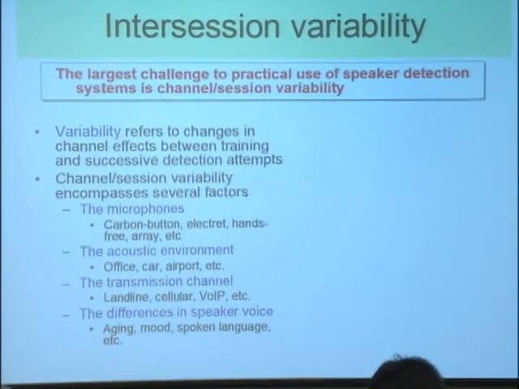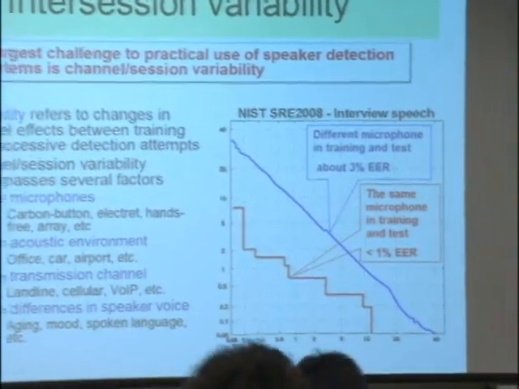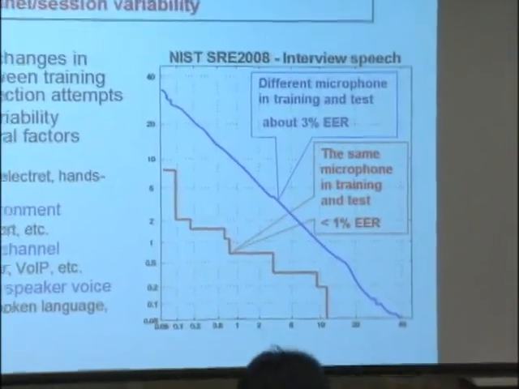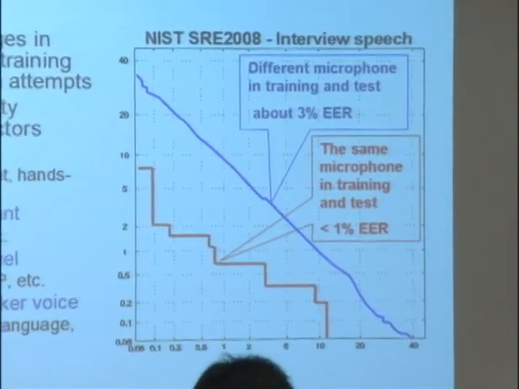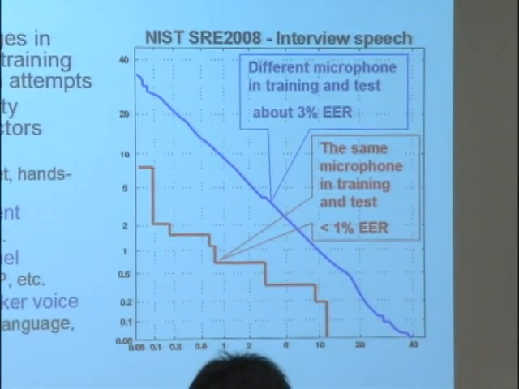Just to illustrate how serious the problem is, this is again some result from the 2008 NIST evaluations, and this shows performance for the system. This is the interview condition, so there were some interview recordings for training and testing the system, and the interviews were recorded over different microphones, and the red line shows you the performance of the system if